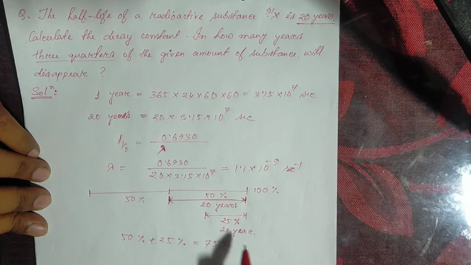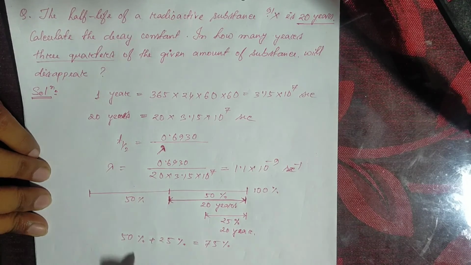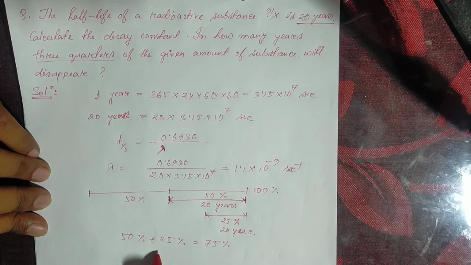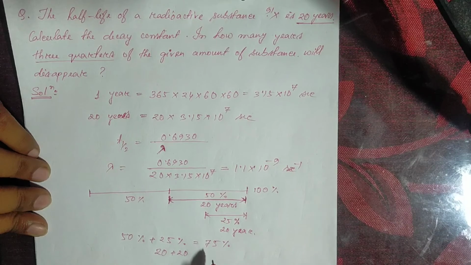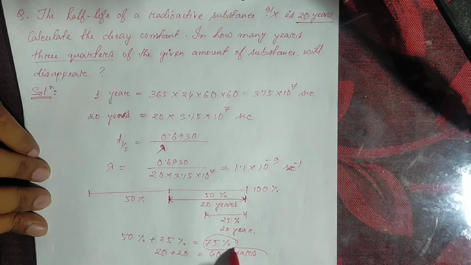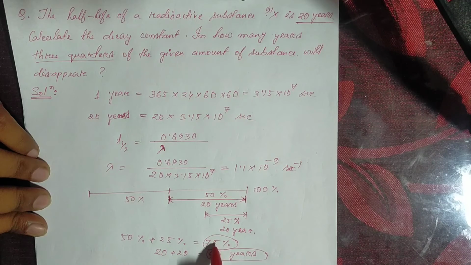Okay, so we can conclude that this 20 years and this 20 years, that means 20 plus 20, 40 years. 40 years means that for this radioactive decay to get 75% disappeared, it needs 40 years. Okay,